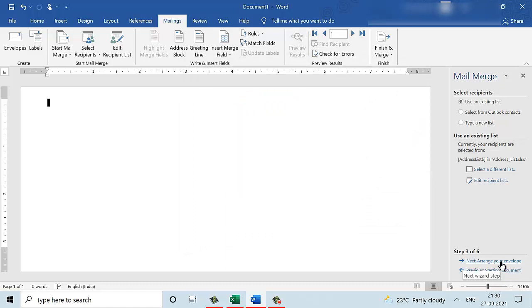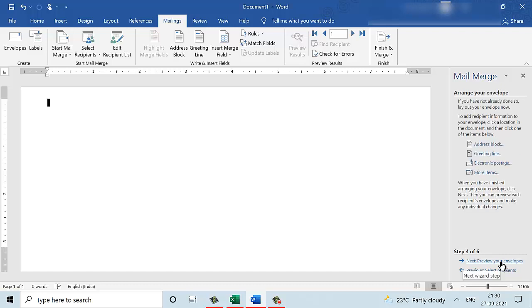Arrange the envelope is basically to put the from address and the to address in order, which we can do now. Let's put the from address here.